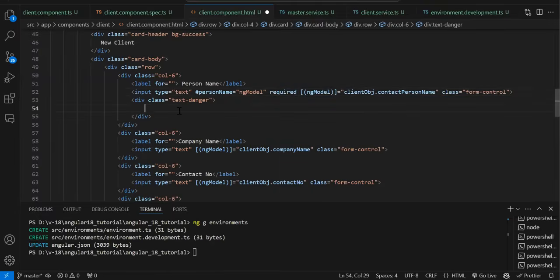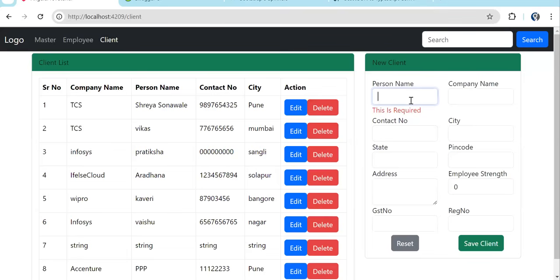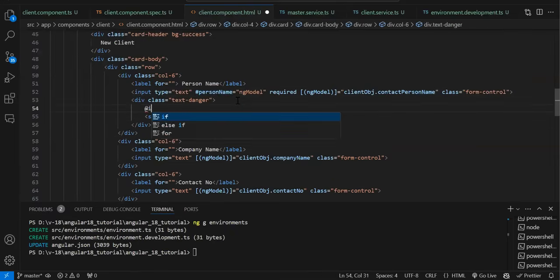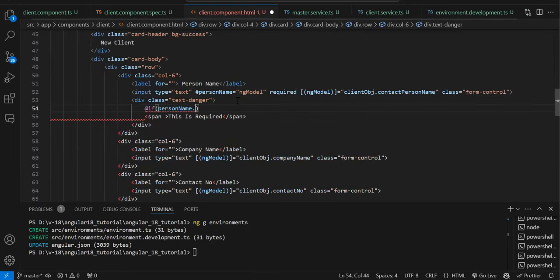Fine. Now here we need to show the validation. So let's add a span. This is required message. Fine. Let's just save and check. So now you can see this is required is coming, but if we provide the value, it is not hiding, because we didn't write anything. So now we need to use the @if block. @if condition round bracket person name dot errors